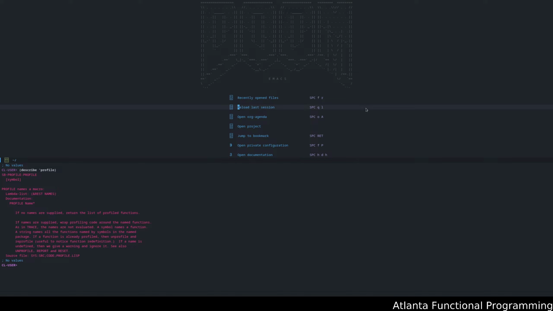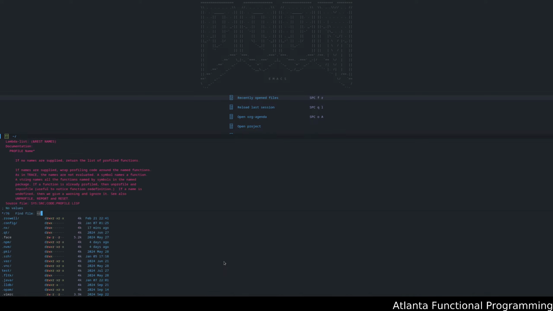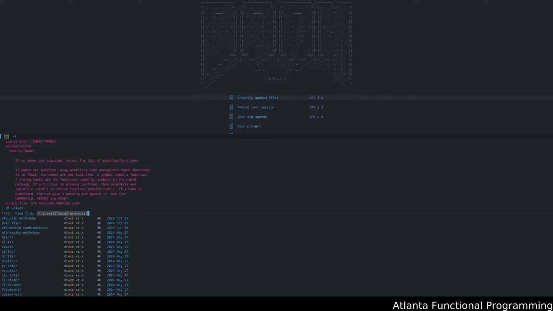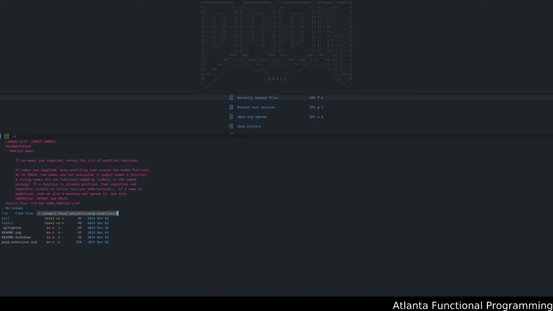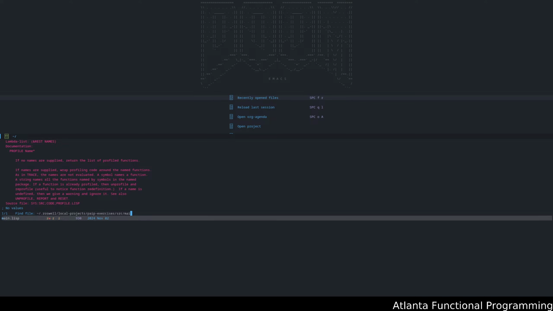All right. So let me go ahead and create a scratch buffer. I'm going to go ahead and open up Roswell, our local projects, and let me fire up PAIP exercises source main.lisp.